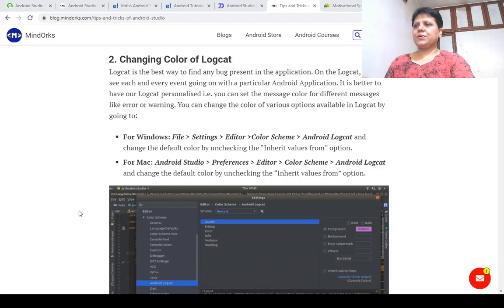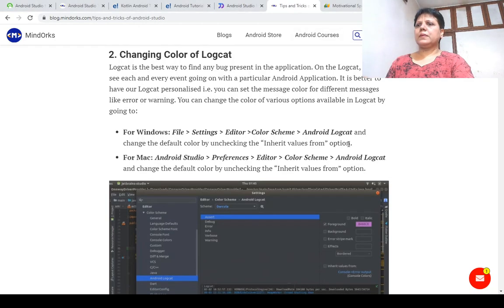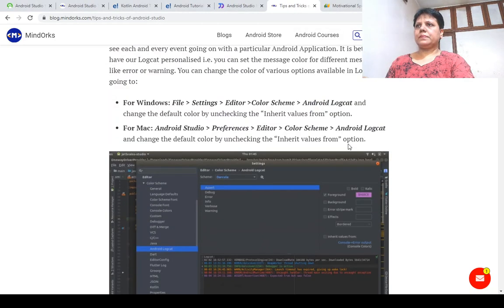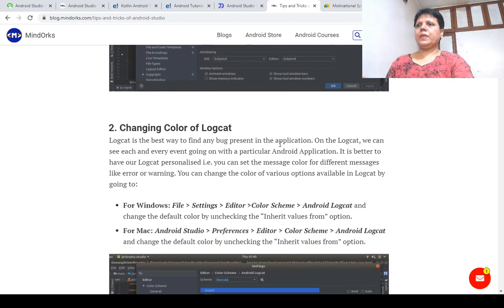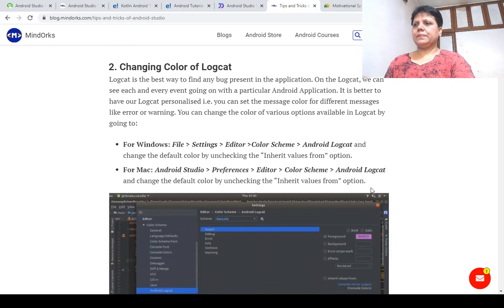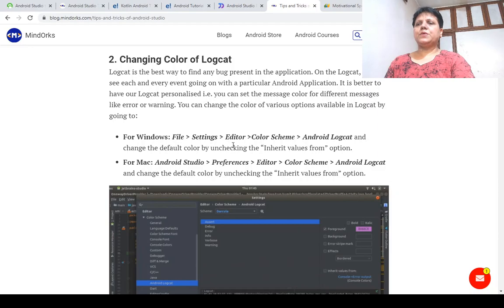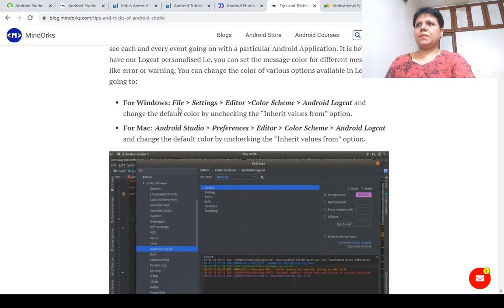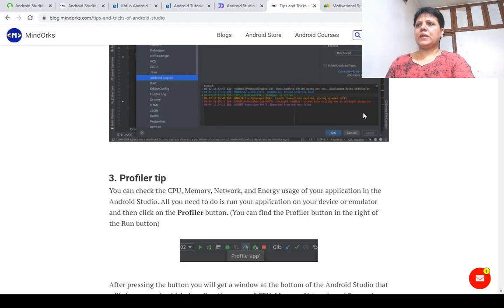Here it is called Logcat. You can change the color of Logcat. In Windows, go to File, Settings, Editor, Color Scheme, Android Logcat. These are the options available. You can change the color.